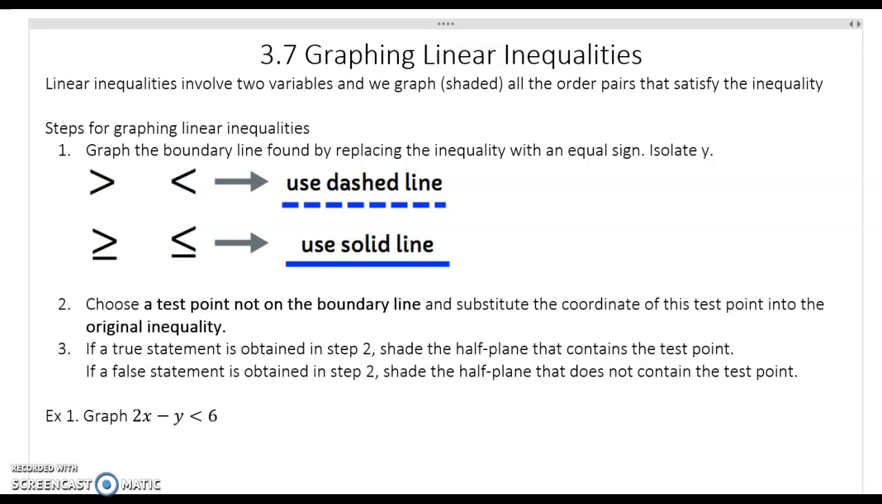All right, so this is graphing linear inequalities. Linear inequalities involve two variables, and we graph them. All the ordered pairs that satisfy the inequality are going to be our shaded region. And the steps for graphing the linear inequality are: 1, graph the boundary line found by replacing the inequality